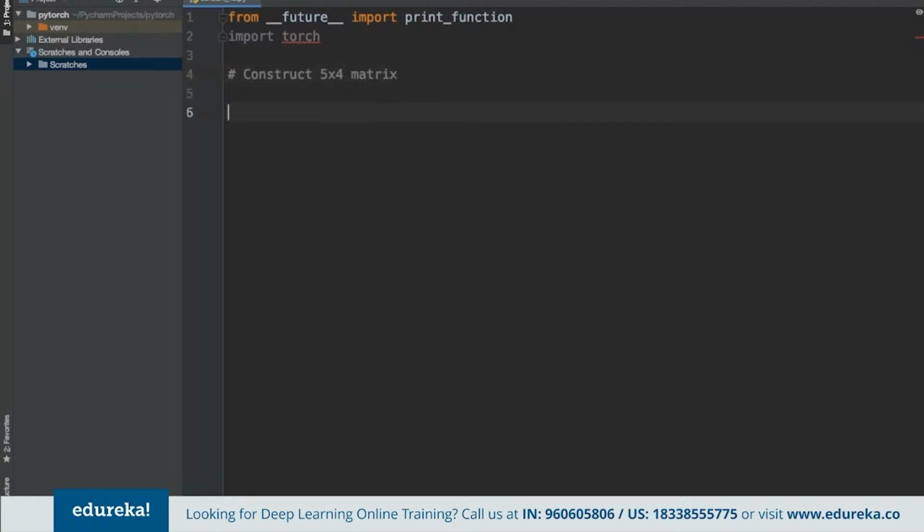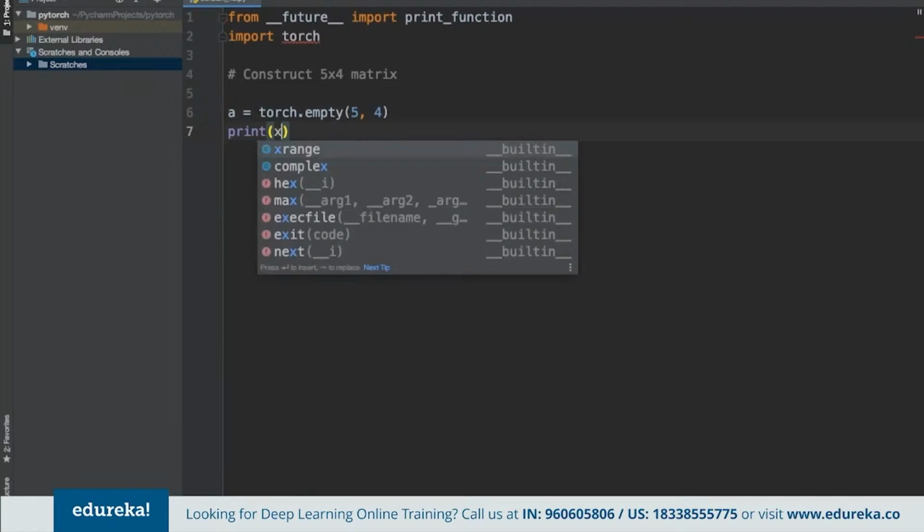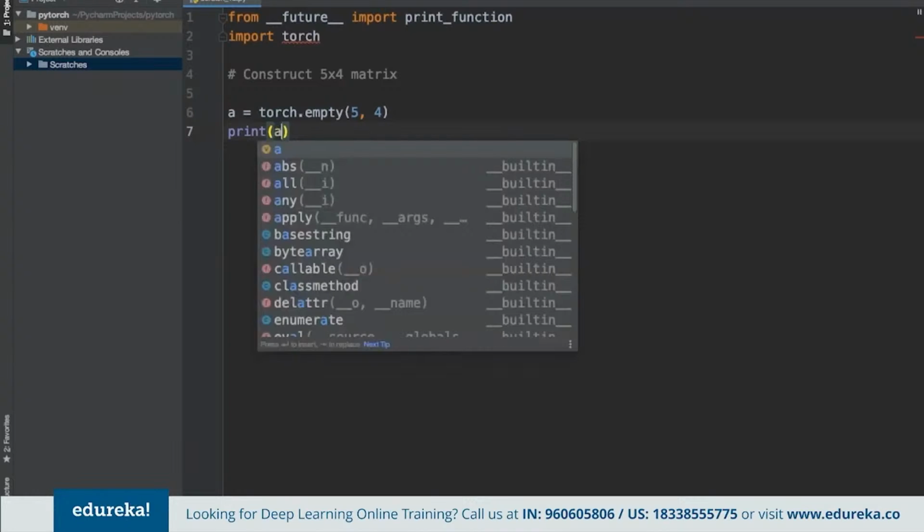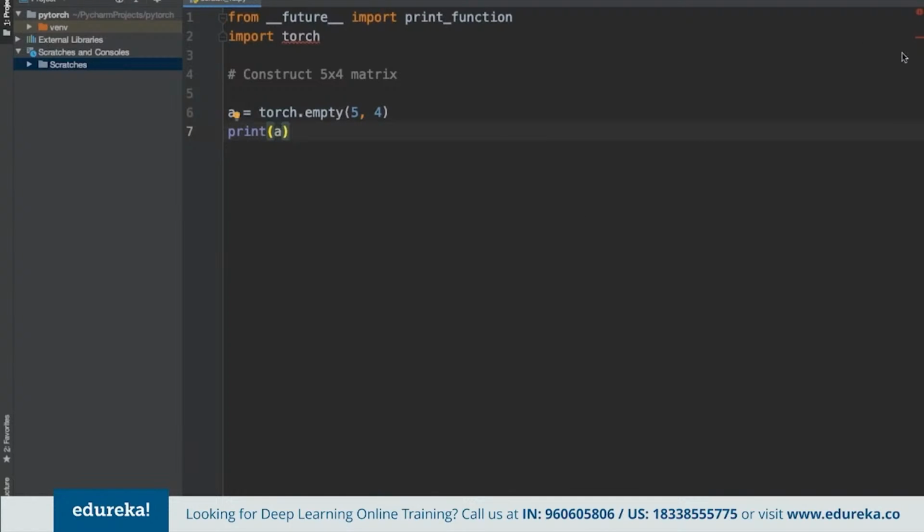And for doing that, we can simply mention A is equal to torch, we can use the torch library, and again here we can use empty, and in here we can define the matrix as 5 by 4. And in here we can simply print A that we have specified here.